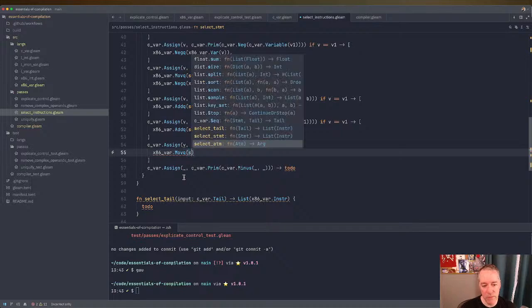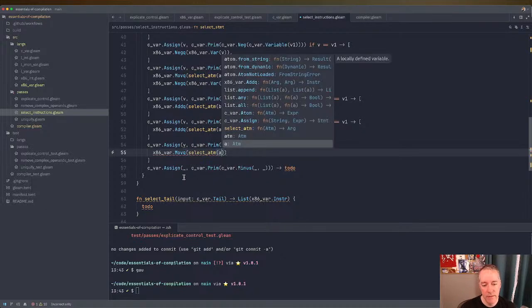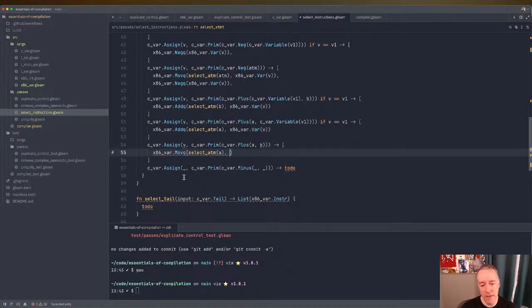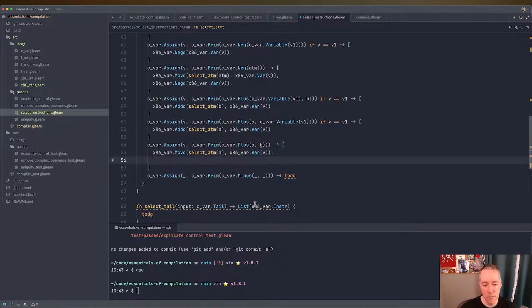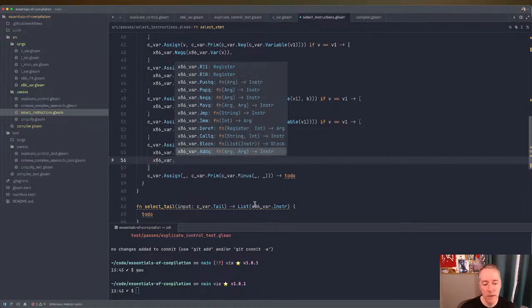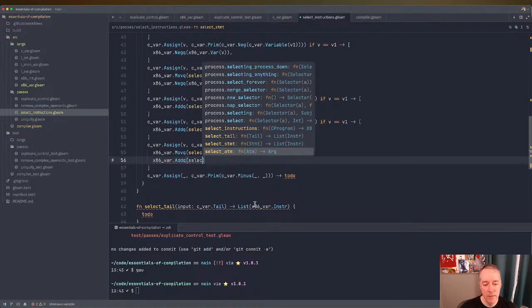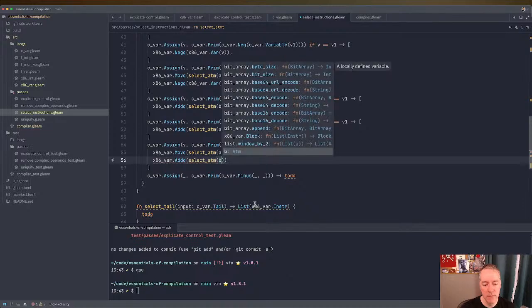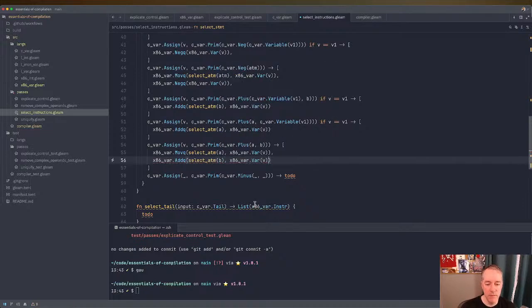So we're going to move the value of a into the variable v, and then we're going to add q of b into the variable. Okay, so now we have this pattern,